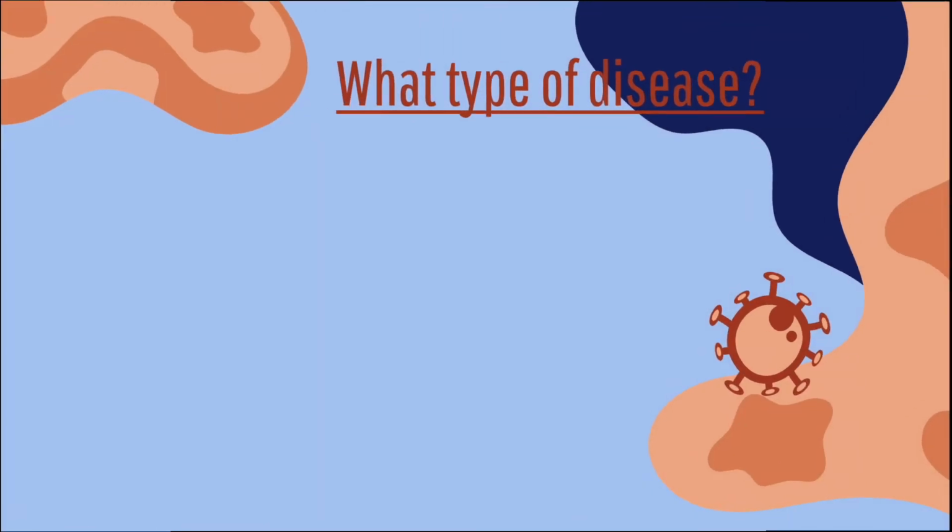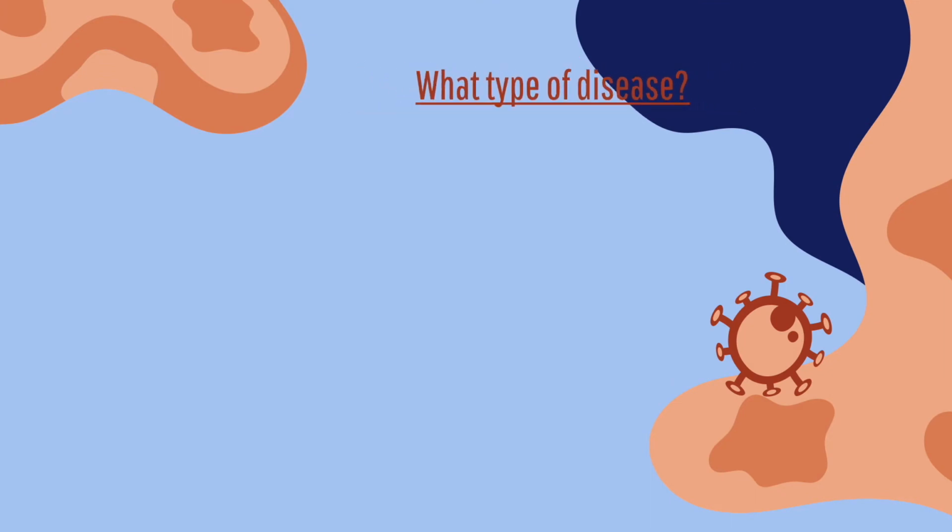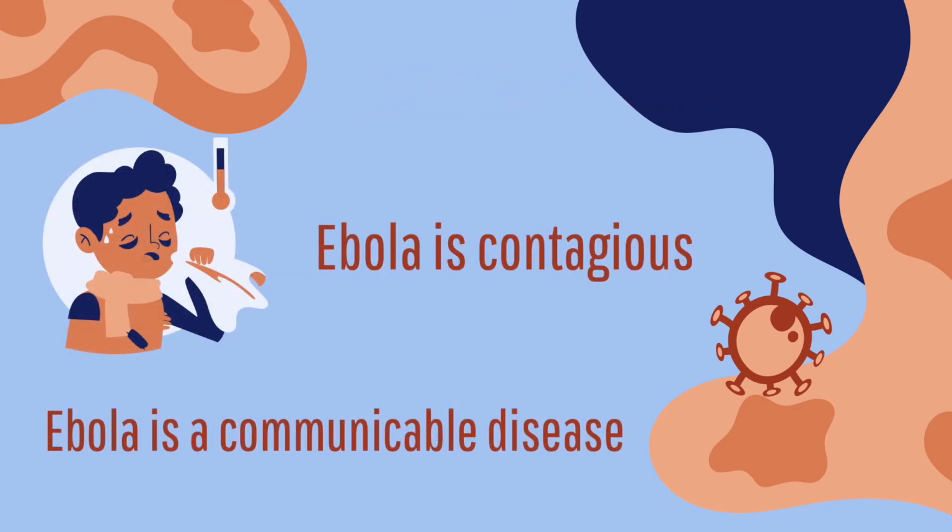What type of disease? Ebola is contagious. Ebola is a communicable disease, meaning that it spreads from one person to another through a variety of ways via